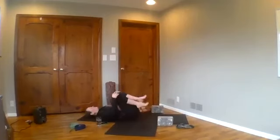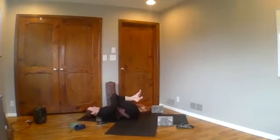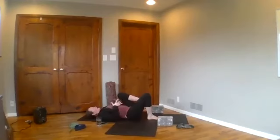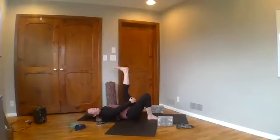As you come down onto your back, hug your knees in close and rock a few times. Giving your back body that little bit of a massage. And now set your left foot on the ground. Clasp your hands behind your right thigh and begin to lengthen your leg upward. Pressing hamstrings into your hands, not trying to pull your leg toward you, but instead giving that fascia release of